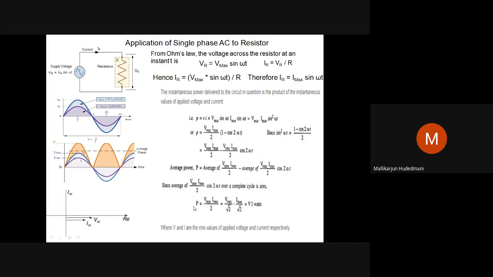So power in an AC resistive circuit is just like your DC circuit, V into I. I can write VI watts. There is a consumption of power over a cycle which is quantified as VI watts. It means it is an AC circuit, so there is another new term called power factor that arises. Here power factor is not visible to you because power factor is 1. When you go to the next case study, definitely power factor will be visible in the derivation.